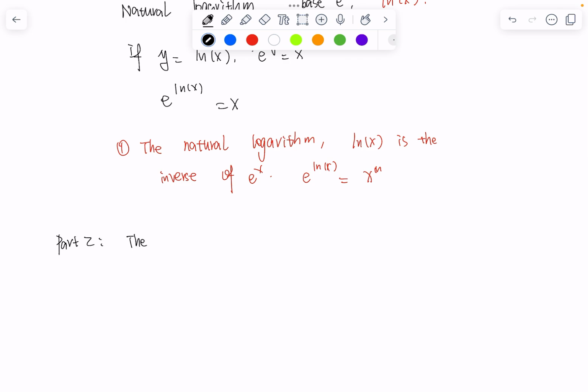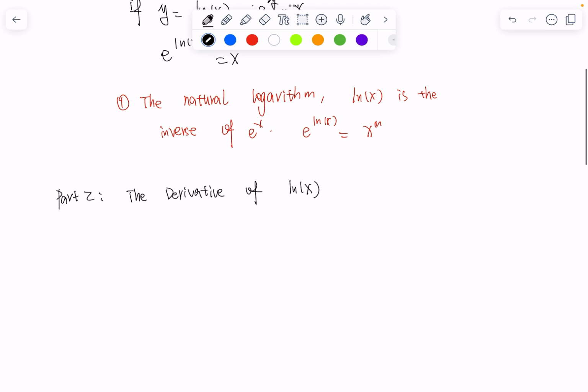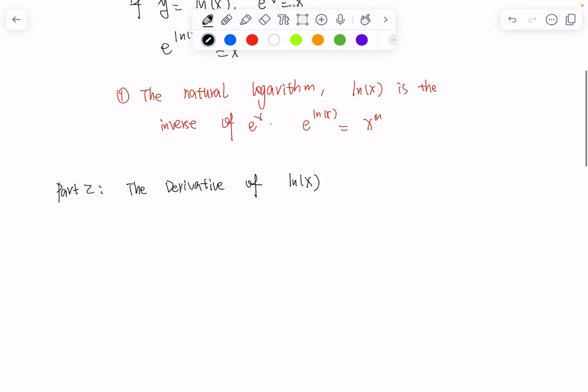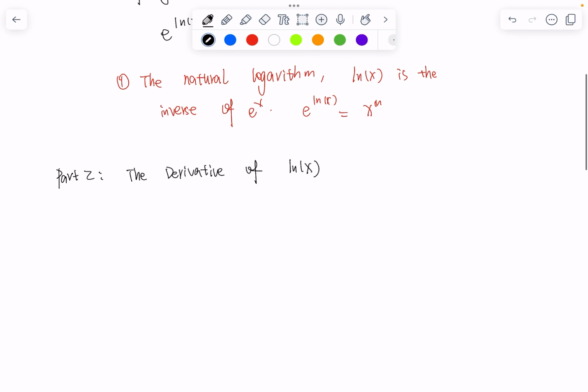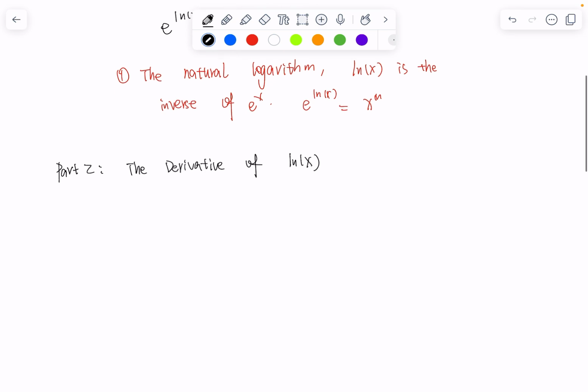The derivative of ln x. Now for the main event, what is the derivative of ln x? The result is beautifully simple. The derivative of the natural logarithm of x is 1 over x. The rule is